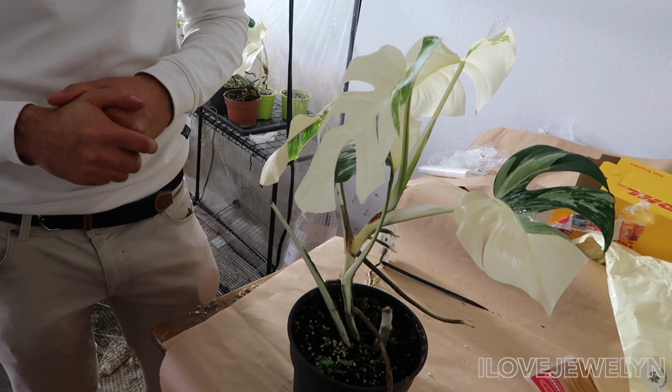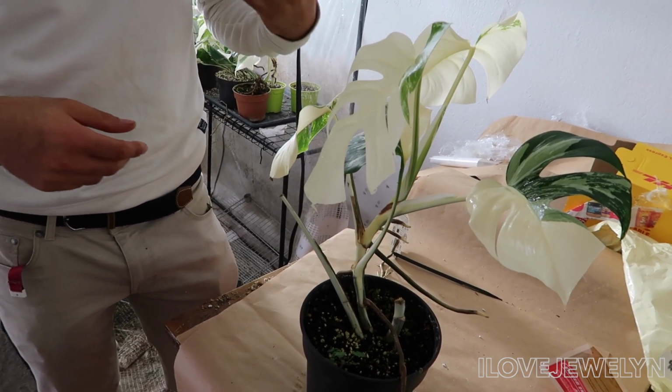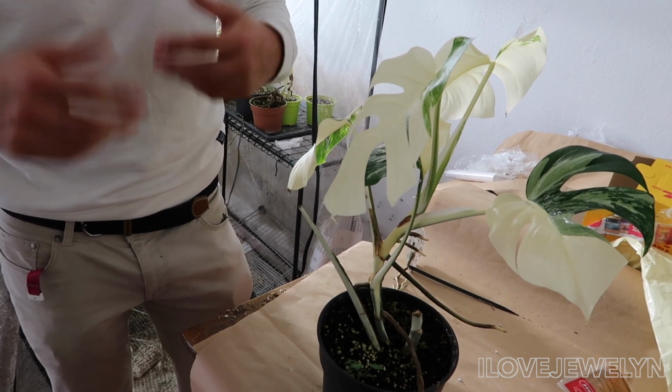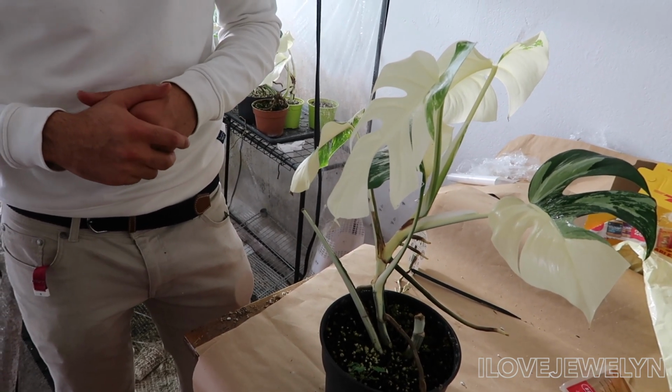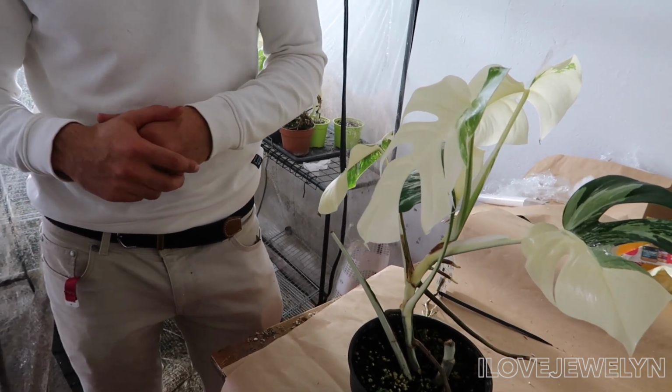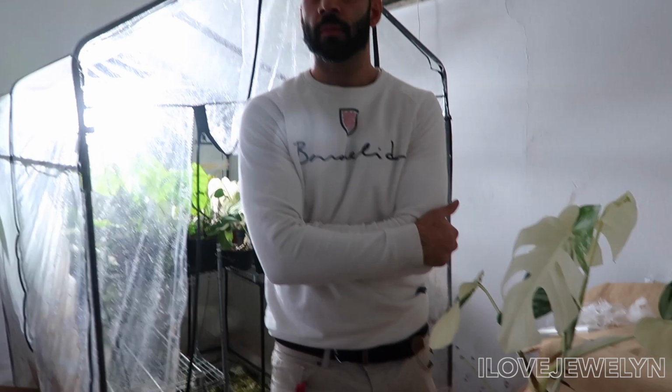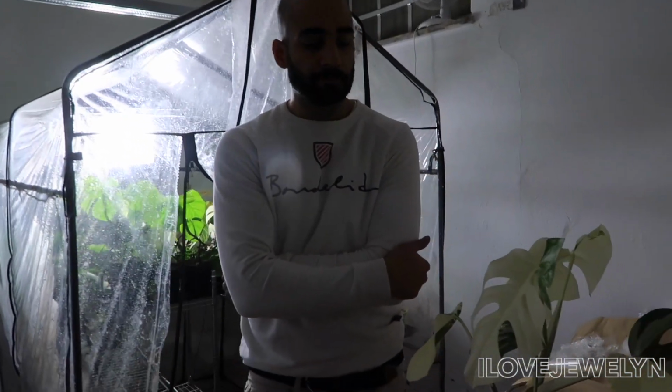damaging the plant, and also to make it look better, and for you to get a plant that will not very quickly attract damaging animals. So, quick question, since I feel like you're the king of variegated monsteras, what do you think